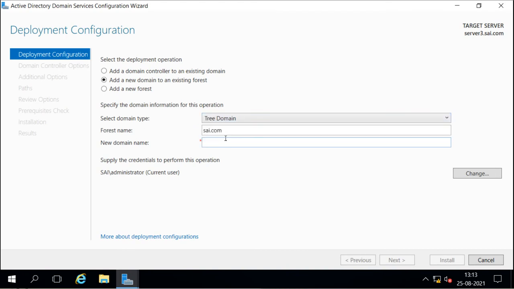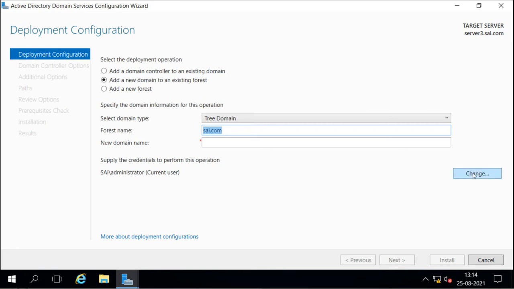Now when you select tree domain, it will not give any other option, it will directly show you the forest name here, that the tree domain is going to be created under the forest. If it is not showing the name or anything, you just have to log in.